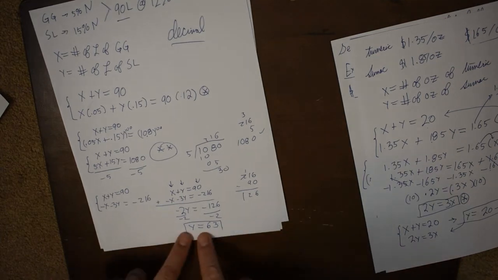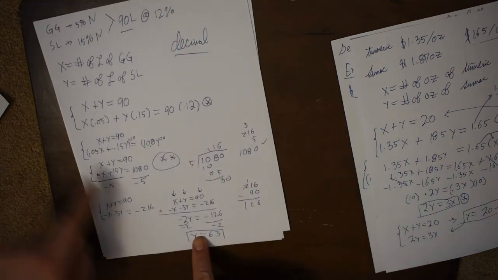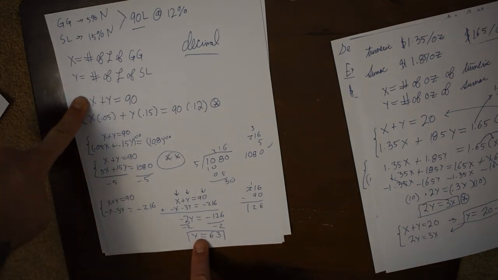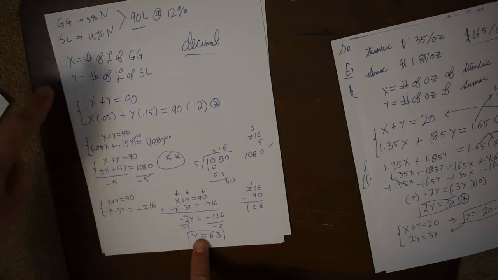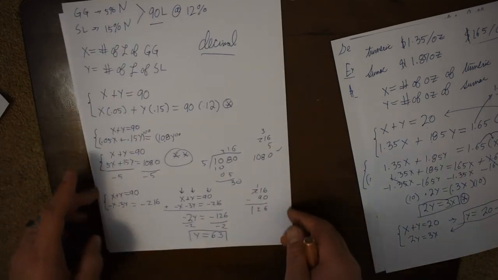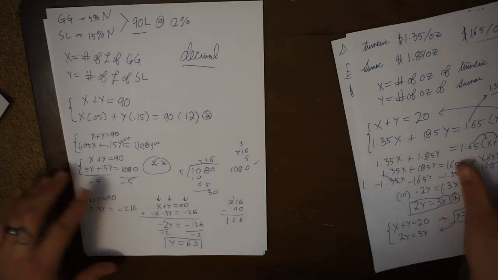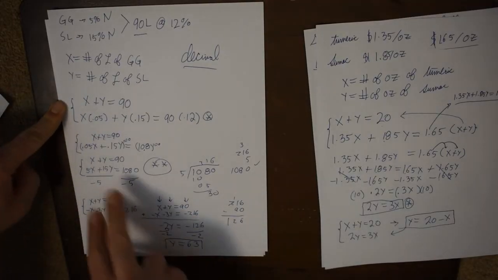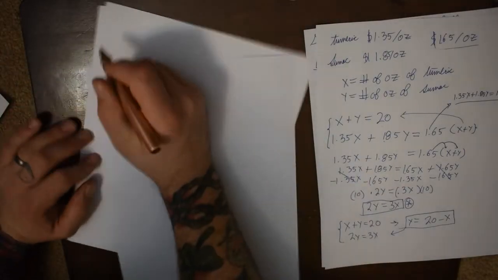Once we know one of the variables, go back to either of your equations and plug it in. This top equation is a little bit easier to work with. So let's work with that top equation. And to not get too much on one page, I'm gonna take that top equation and that value to the next page. We know that x plus y